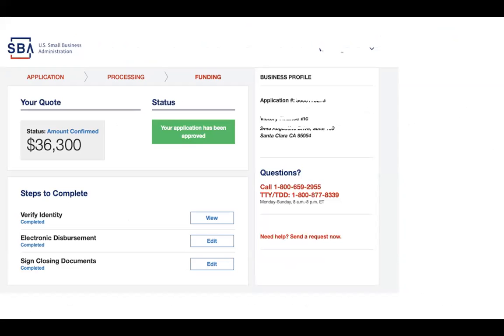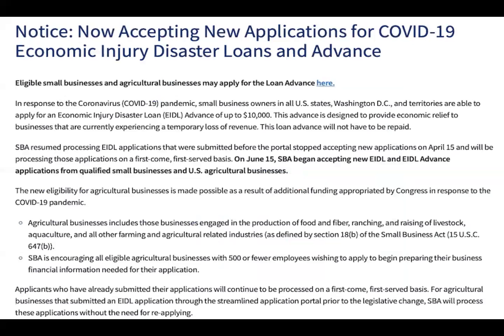Usually when you accept it, you have 30 days to sign the document. There's a document you can't really print out. So before you sign it, make sure that you allocate some time to look through it, because you cannot print it out, right? And it's an e-sign document, okay? So now with the new SBA loan, as of June 15th, they now accept all